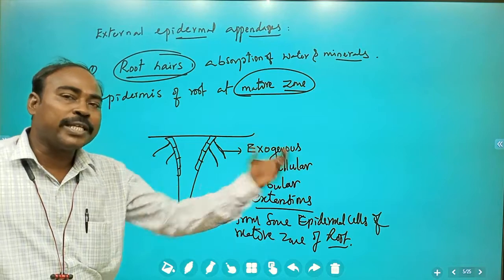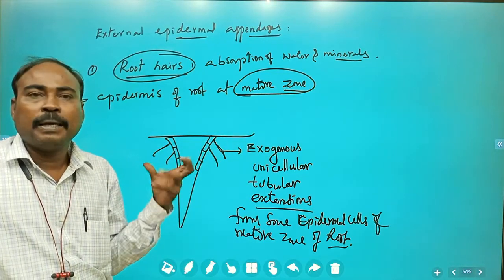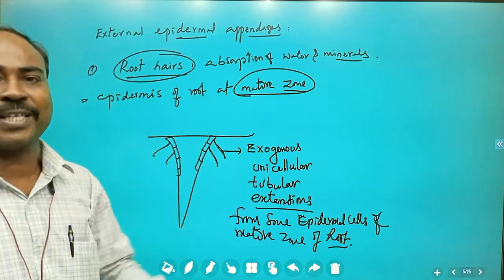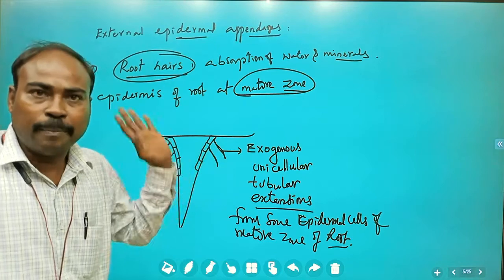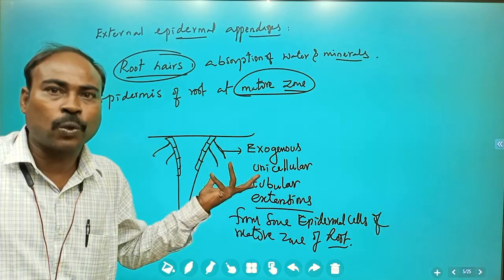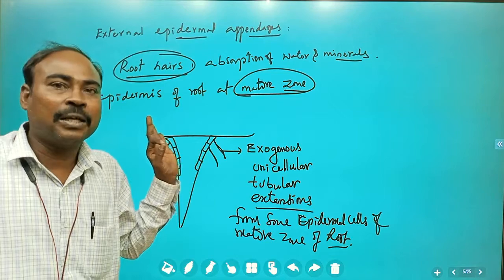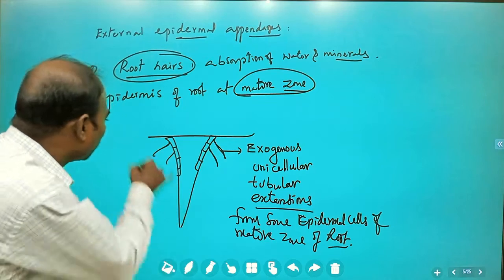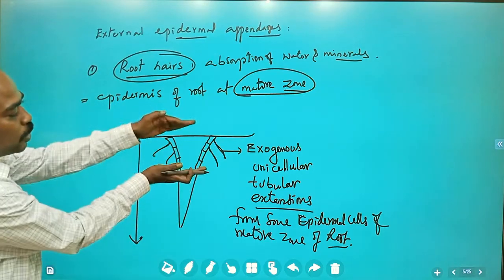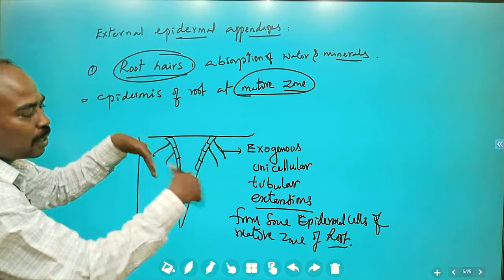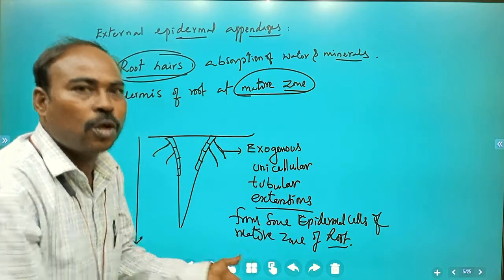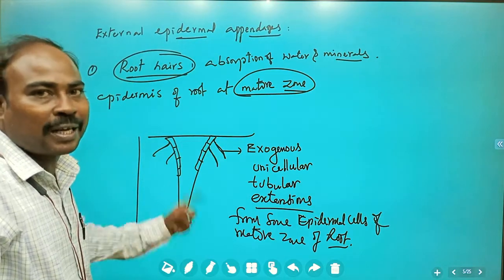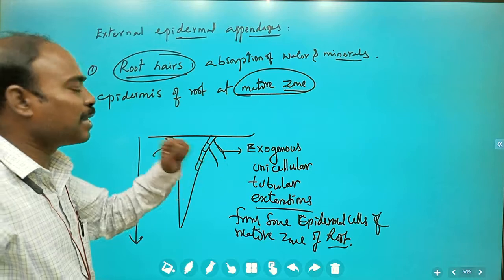So these exogenously developed root hairs, which are unicellular, are produced by epidermal cells of the maturity zone of the root only. They are tubular extensions. They are continuously changed, that means replaceable due to growth of the root. So the maturation zone frequently changes; new root hairs are developed and old root hairs become disintegrated. In such a way the root hairs are tubular outgrowths of the root epidermal cells.